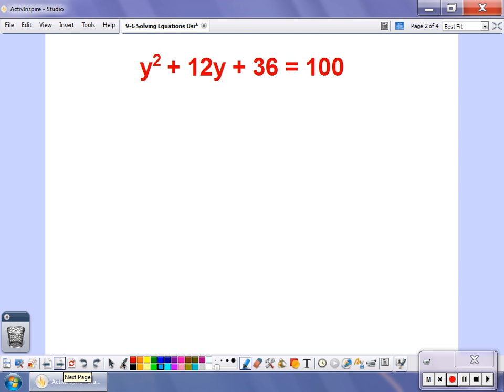Now we can use this method too when we have perfect square trinomials that haven't been factored yet. Okay, so I know that this is going to be y times y, and I know that this is a perfect square, 6 times 6. And if I just want to double check my middle term here to make sure this is a perfect square trinomial, it should be 2 times this first term here times this last term here. 2 times 6 times y gives me 12y. So this is going to be a perfect square trinomial, which means I can factor it using what I know